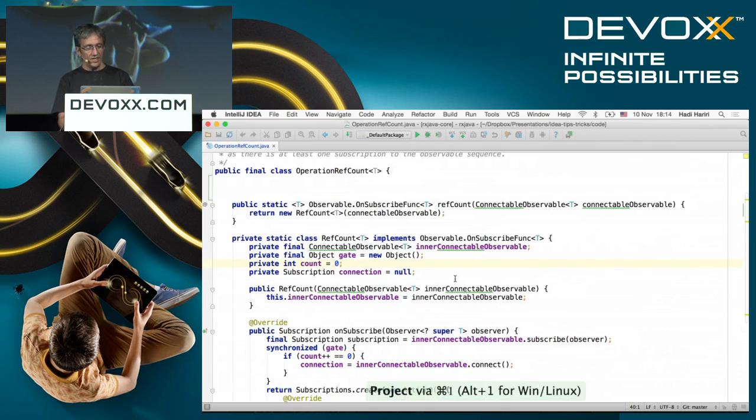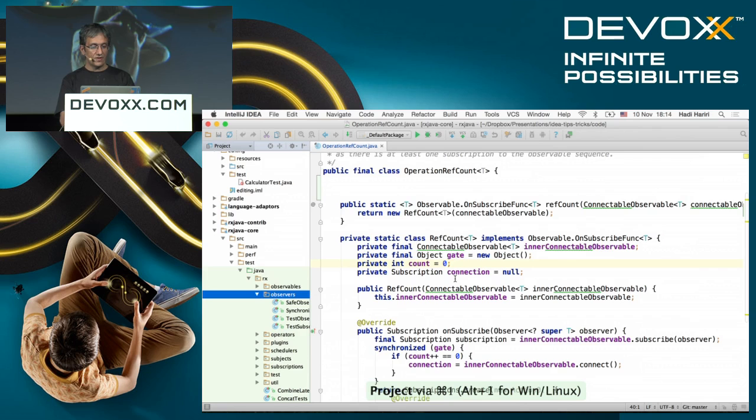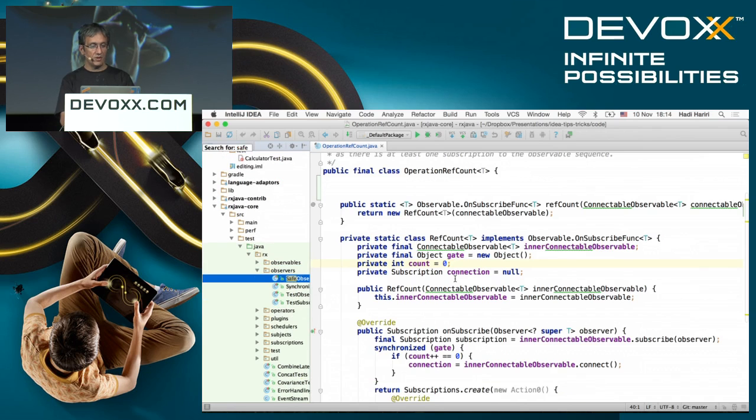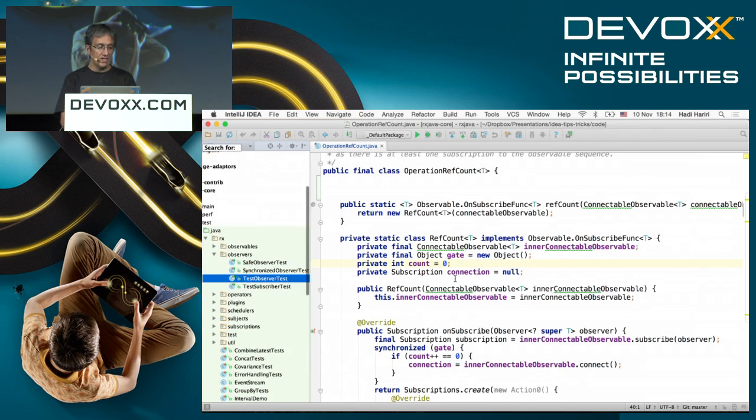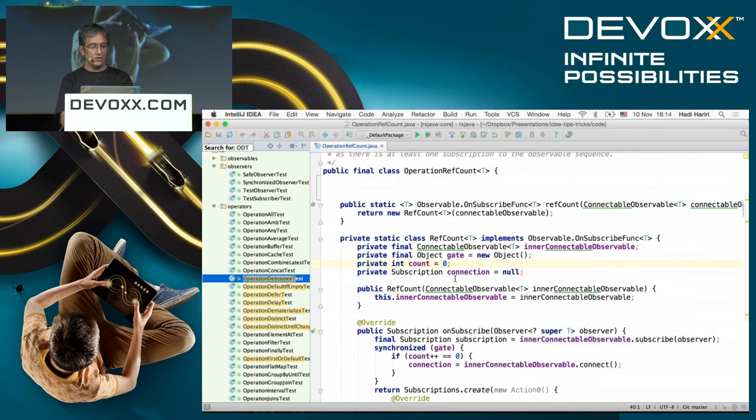So here I can also get the project file. You can see I just press Command 1, and from here I can also look for things. So for example, I could do save observable and look for everything here. The problem here is that unless it's expanded, you're not going to be able to do it. But you can see that I do have camel case completion there, and you have that basically everywhere in IntelliJ.